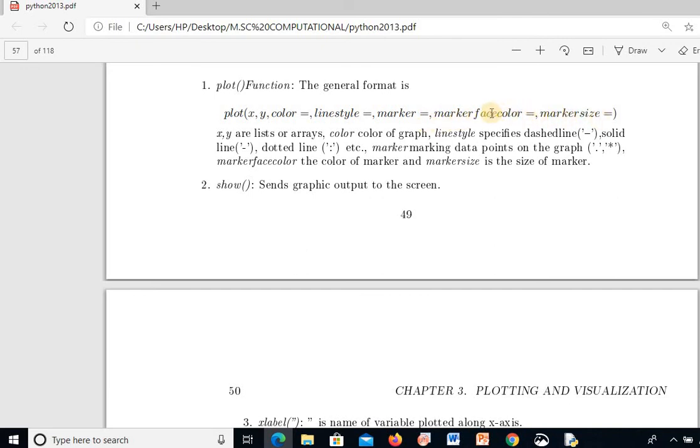The only thing that is needed is the x, y data; everything else is optional according to our need.